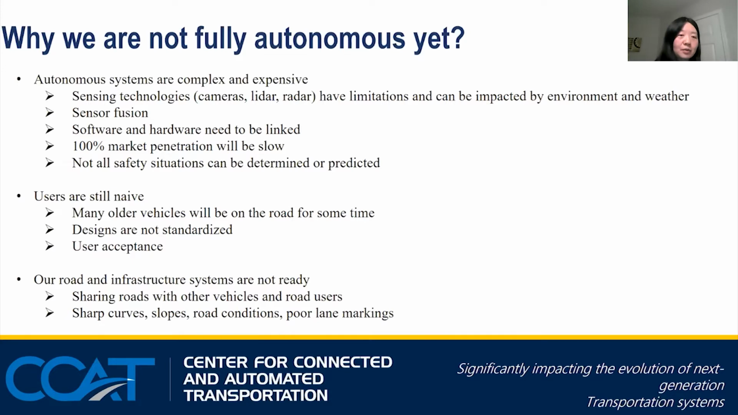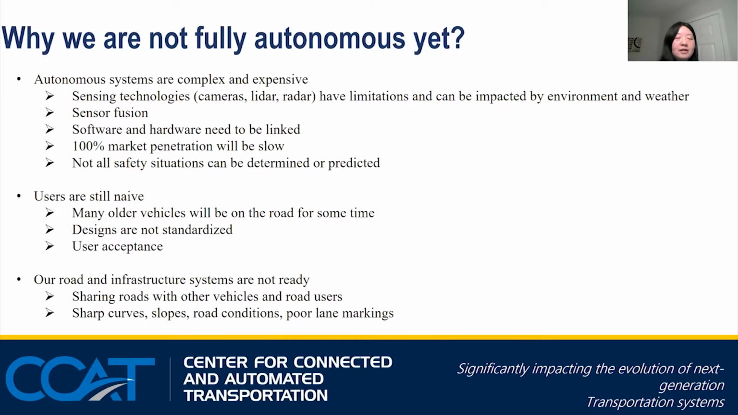Of course we're not, right? So why are we not there yet? There are a lot of factors and reasons. One of the reasons is that autonomous systems are complicated and expensive. For example, each of the sensor technologies has limitations, and they can be impacted by environment and weather. For example, the video camera-based sensor has limitations